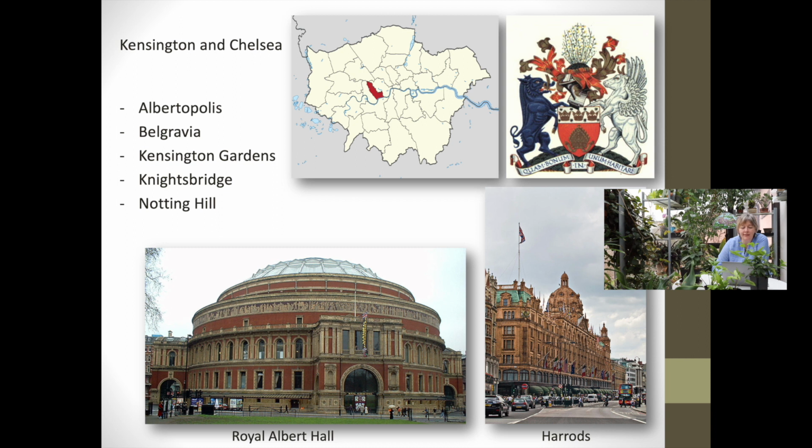This is near Kensington Gardens, so Kensington Gardens is situated there. Knightsbridge, Notting Hill, so the areas within the borough of Kensington and Chelsea, and also the area called Albertopolis, or